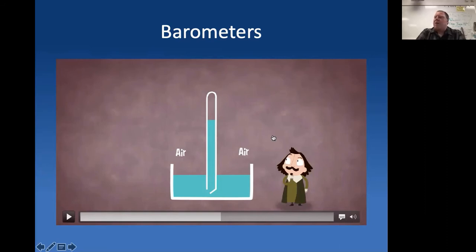So we've got air on the outside, it just can't get its way in there. And so some of the water came out, nothing went in. That right there is a vacuum. But not all the water came out. Not all the water comes out. So what is going on here?